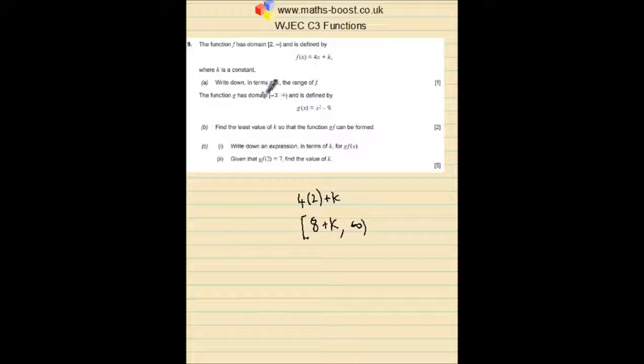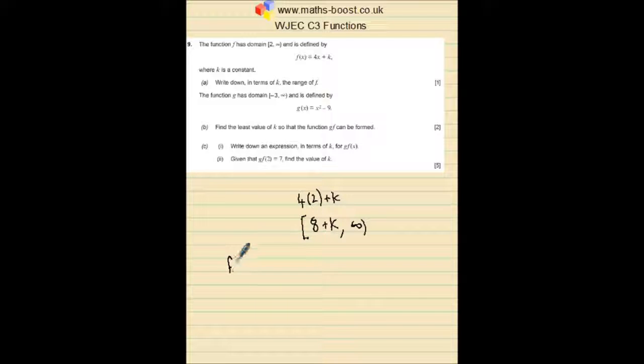It then goes on to say the function g has domain greater than or equal to -3 and defined by this. Find the least value of k so that the function g of f can be formed. Now, I'm just going to do exactly what I've shown you previously, in that I'm feeding f into g, so